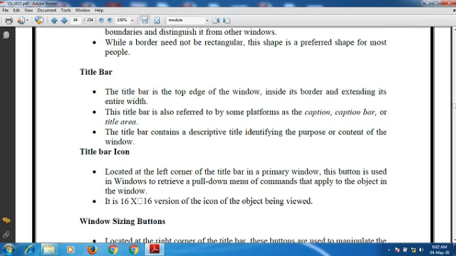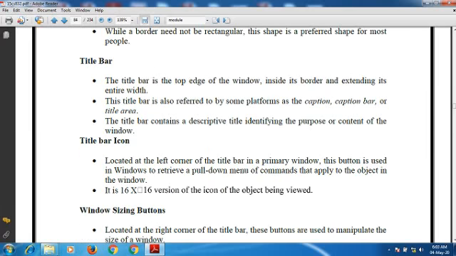The next one is the title bar icon, located at the left corner of the title bar in a primary window. This button is used in Windows to retrieve pull down menus of commands that we can apply to the particular object in that window.